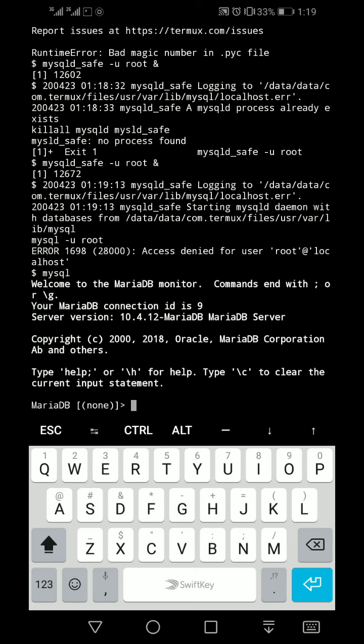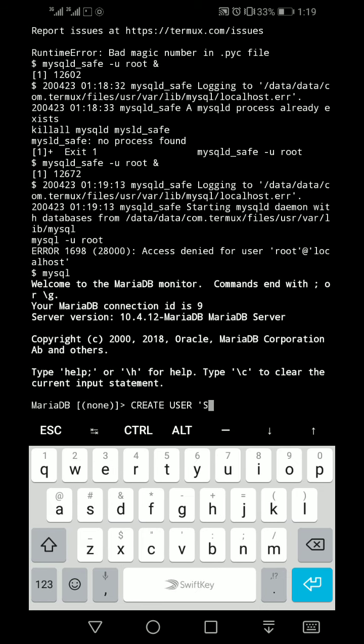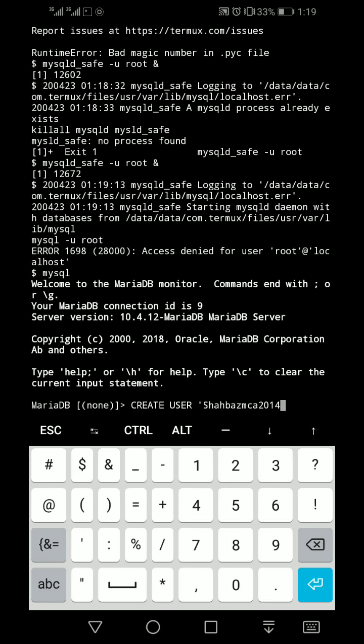Now create a user. Take a username according to you, for example ShahbazMCA2014. This is my username. You can take any one according to you.